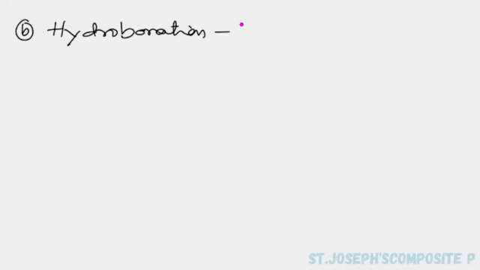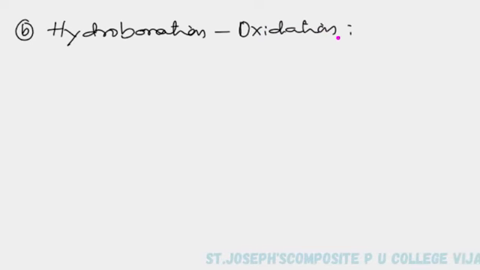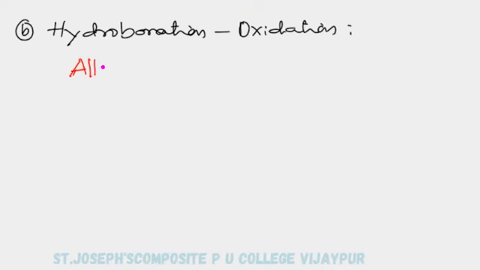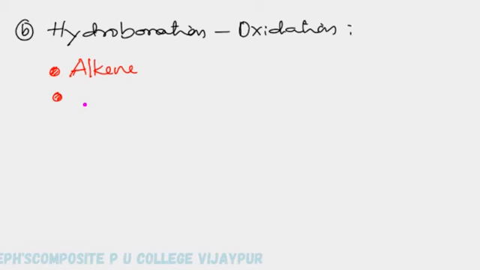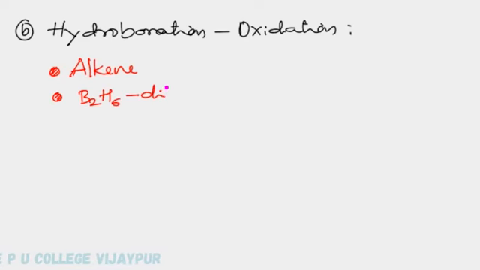alkenes. And this is the second process. The first process I was explaining in the previous video, and this is hydroboration, and that should be followed by oxidation process. Okay, so simply what we have to do here, we have to take some alkene. The requirement is alkene, and this alkene is allowed to react with a diborane, that is B2H6. This is called a diborane.